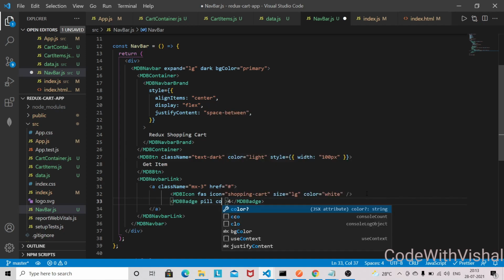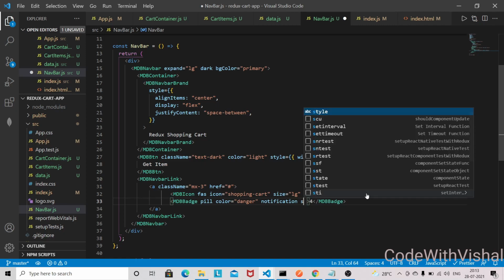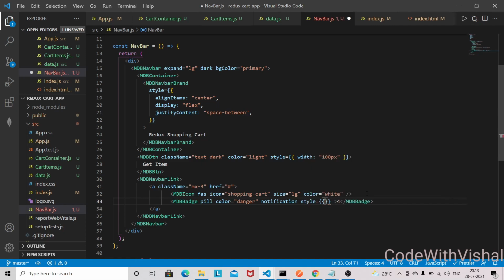So pill, color will be danger, notification, and again we need to give some inline style. So font size we need to increase a little bit, so font size will be 12 pixel.